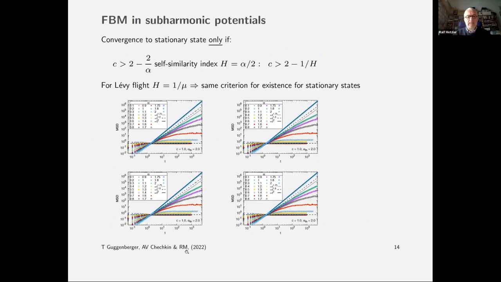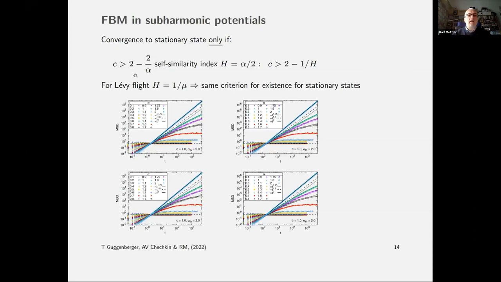Now, in a paper that we're going to submit in a few days, we looked at the question again, what if we have a shallower than harmonic potential? And here we evaluated the whole process in terms of the probability density function, but also in terms of the mean square displacement. And you can see here, for instance, in this plot, when we vary the alpha, for smaller alpha we have a convergence, the mean square displacement reaches a plateau. But once we go to large enough alpha, the mean square displacement just continues to grow. Again, we reach a case where there is no confinement, where there's no stationarity of the system.